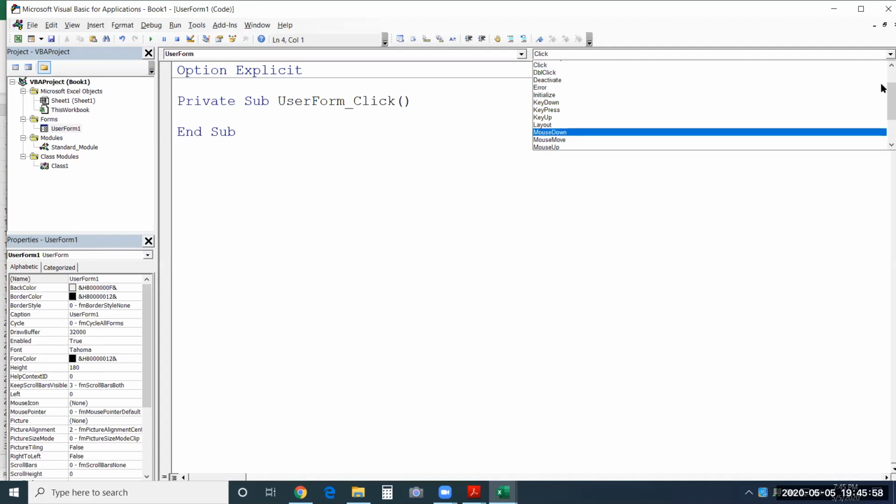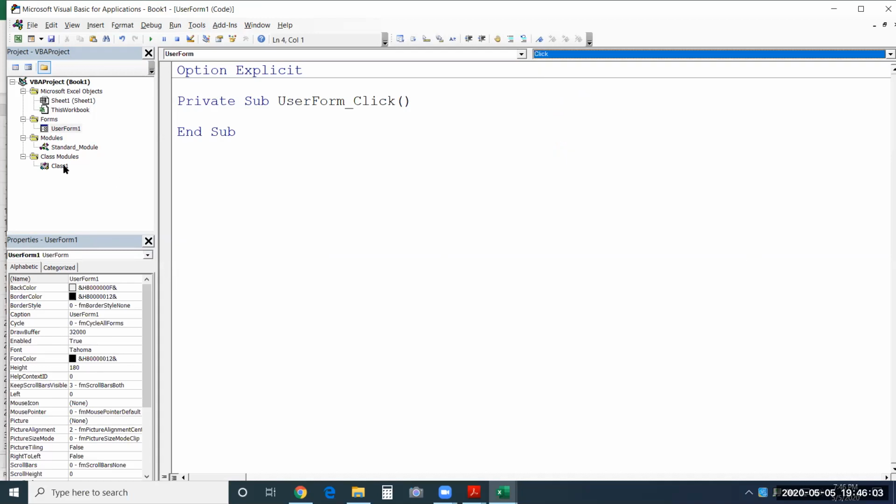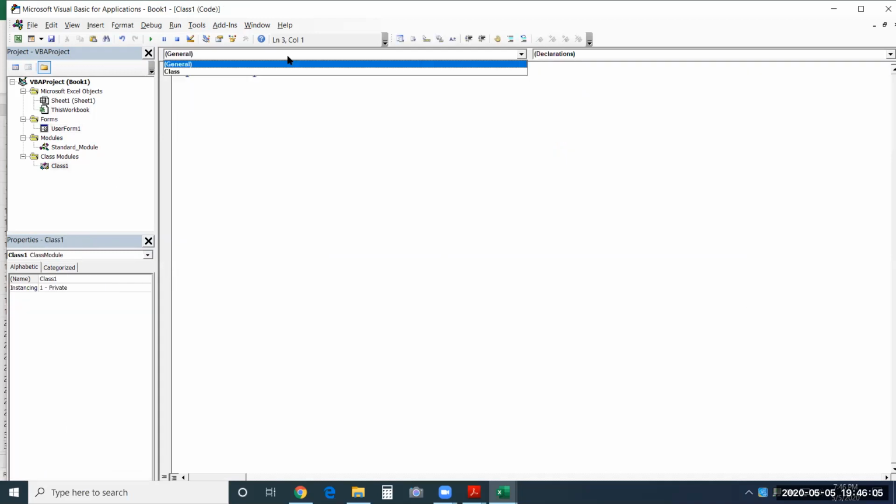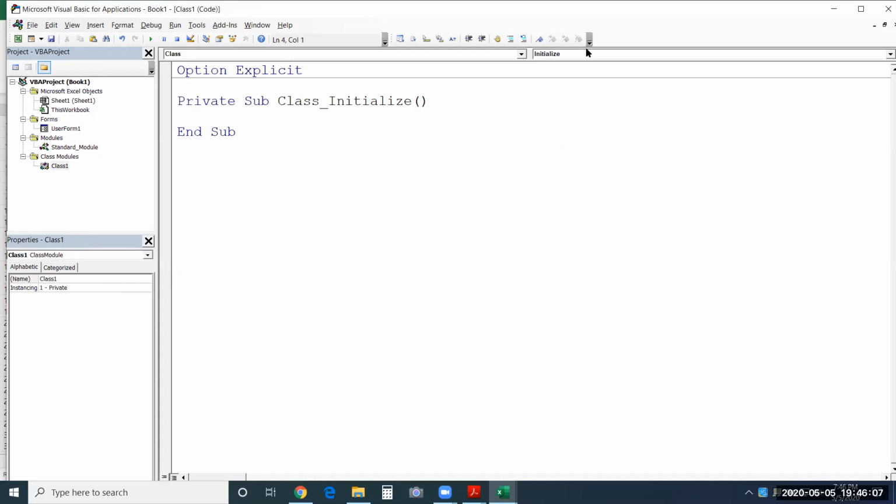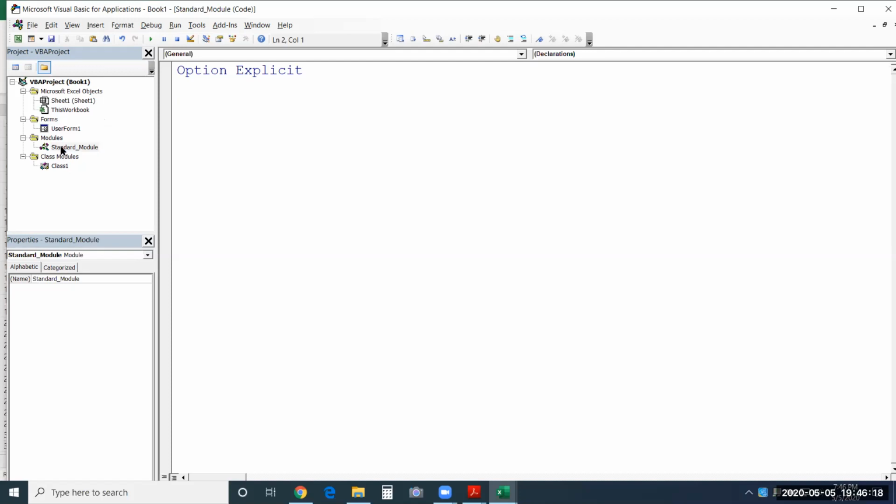Even for class, you see an object drop down, and with this you also see the events for that particular class. So if you observed closely, apart from standard module, all other modules had objects and events of their own. That's the major difference here.